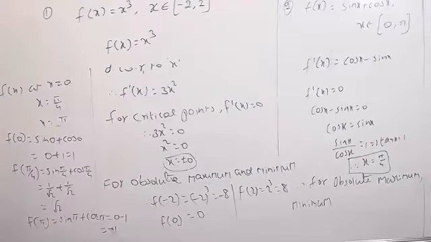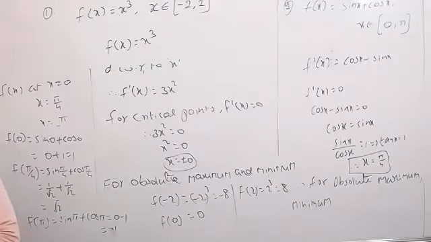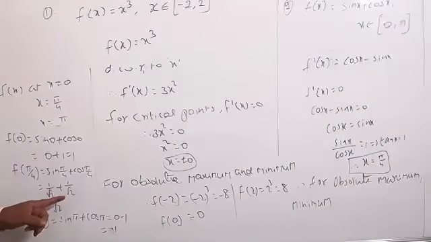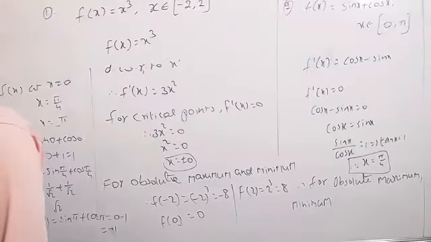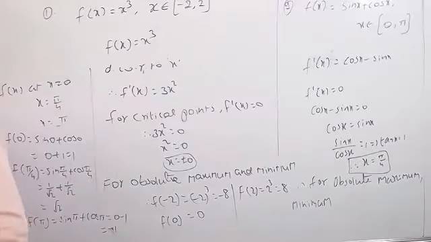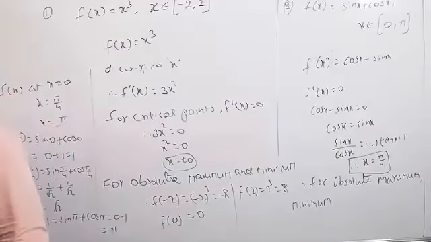Now you can say the value. What is the maximum value? What is the minimum value? Root 2 equal to how much? 1.414. So you can say clearly that the absolute maximum value is root 2, at x equal to pi by 4. The absolute minimum is minus 1, at x equal to pi. Okay, the two values you can write. Write it. Okay.